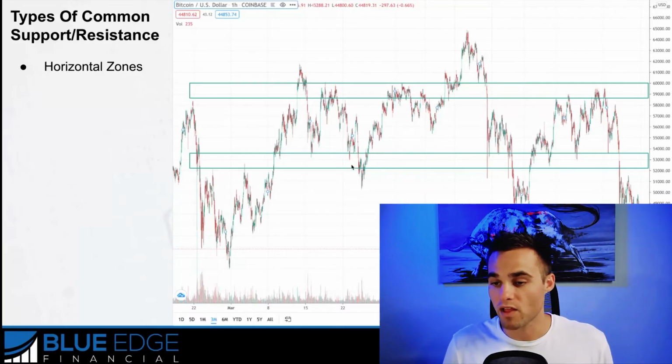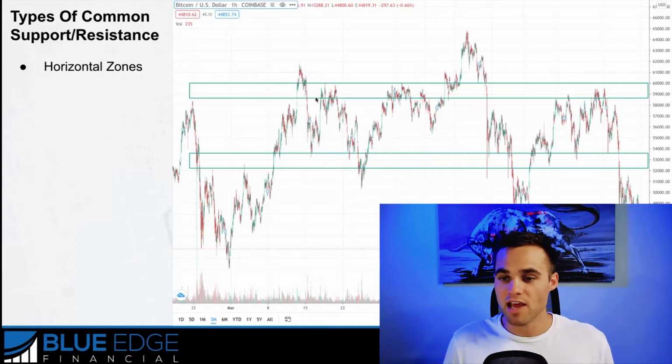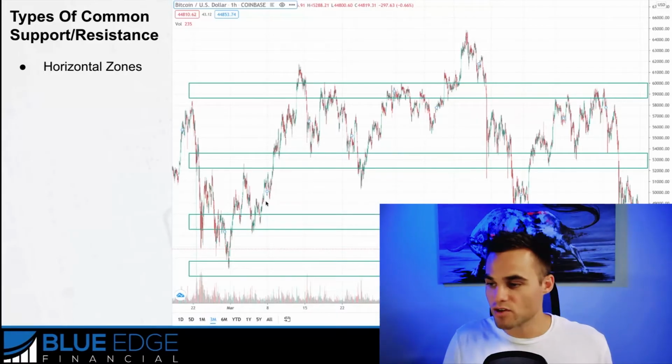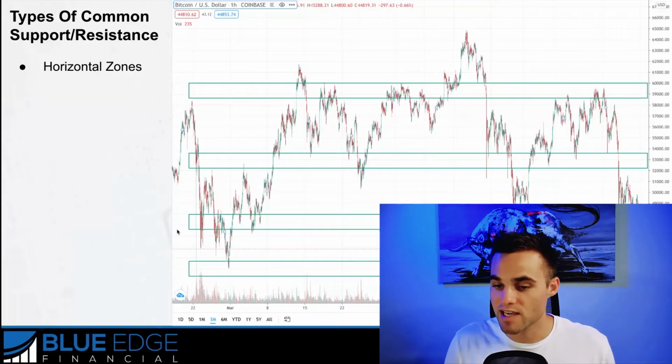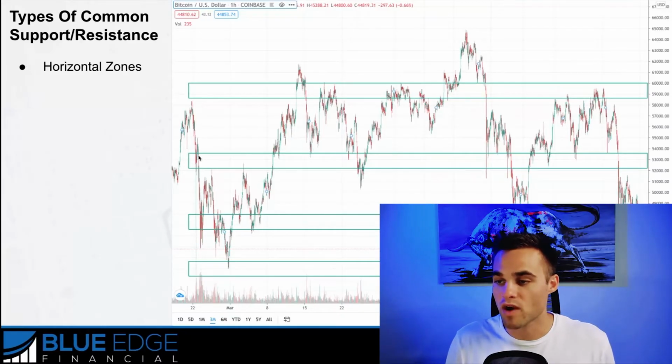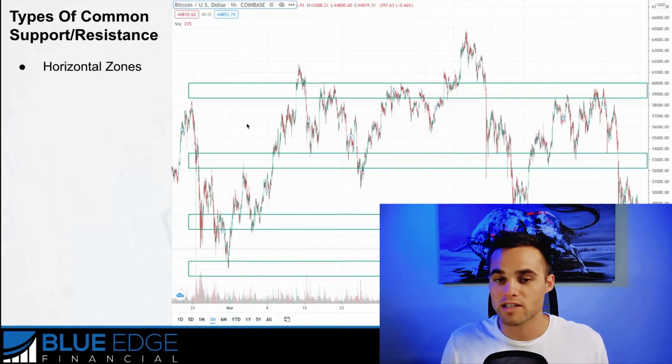Support is on the lower side and resistance is on the higher side. So support is like a floor that price bounces off of, and resistance is like a ceiling that price bounces off of. And you can see there's also multiple zones on this chart. There's not just 2. You can see here was a key area of support as well. And one thing that you'll notice a lot of the times is that key areas of support in a trend can often form areas of resistance.